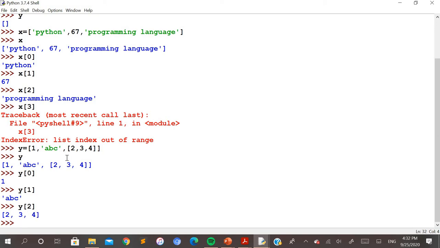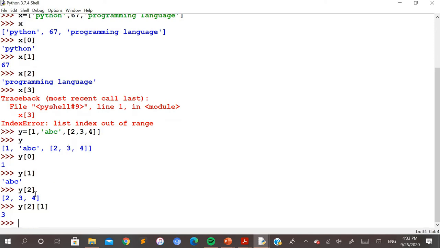But what if you want to access a specific element from this last element? For example, if I just want to access this 3 as a value from this list variable, how it needs to be done is: y, take the two-dimensional indexing here. So this is at which position? 2, and within this 2 I want to access this 3 as a number, which is again at the 1st position. So let me see what output I'll get. You can see here we are getting the value 3.